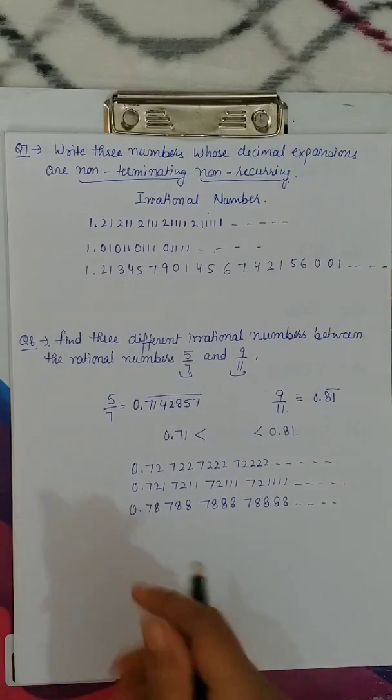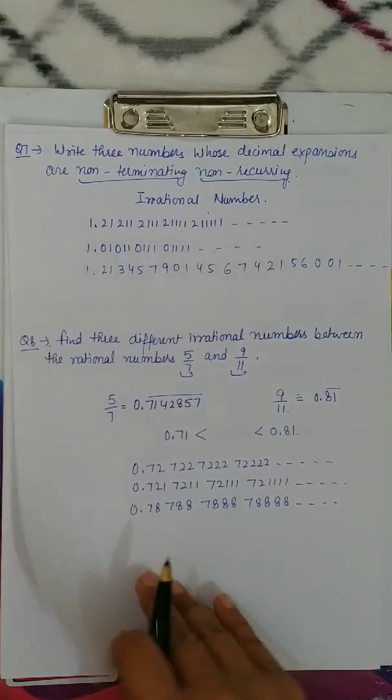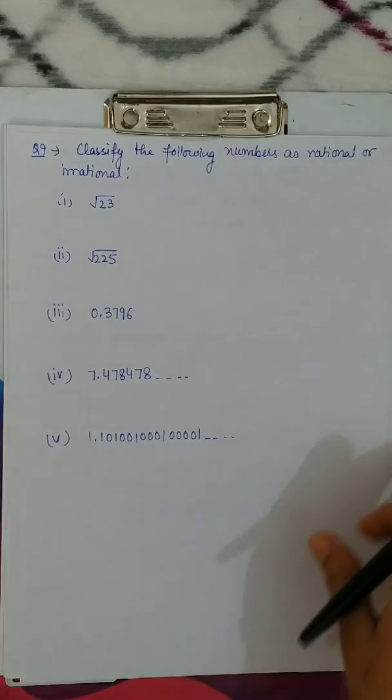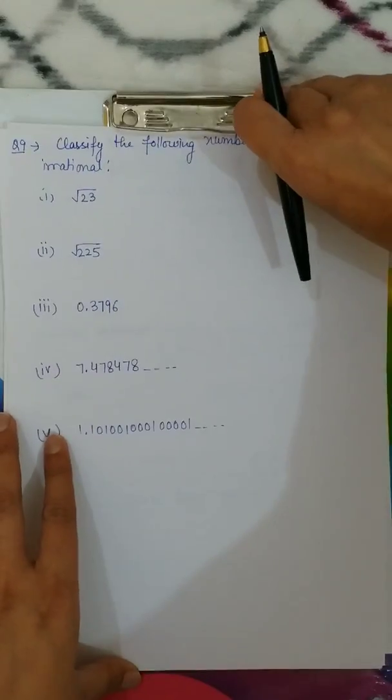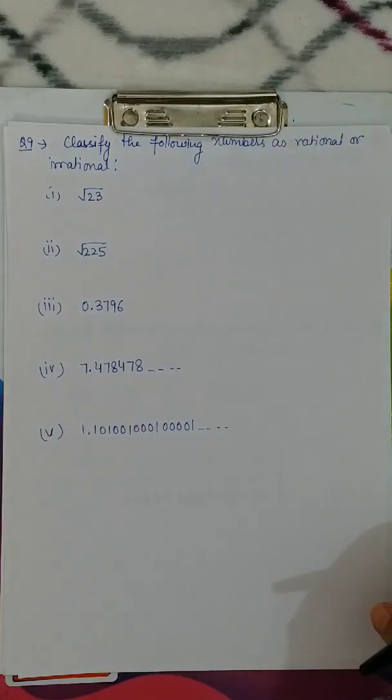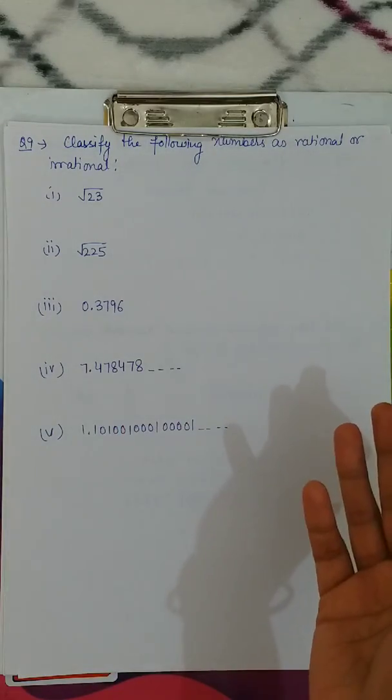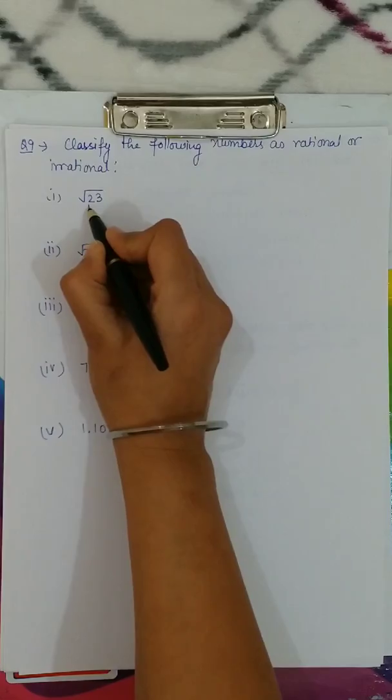No, we have one more question, sorry. Now let's look at the question number 9, the last question. Classify the following numbers as rational or irrational. Now we have to check which number is rational or which number is not a rational number. As 23 is the prime number,